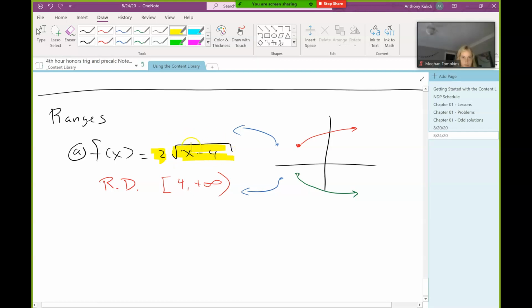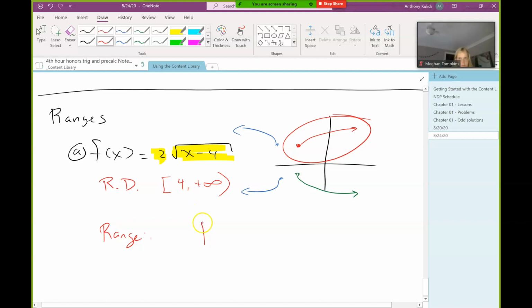And I know that as the number under the square root gets bigger, the square root of that number is going to get bigger also, right? Like if 3 is bigger than 2, the square root of 3 should be bigger than the square root of 2, right? Everybody's okay with that? That should be very commonsensical. So I know that this thing is increasing all the way. So we're looking at this one. Everybody's okay with that? So my range